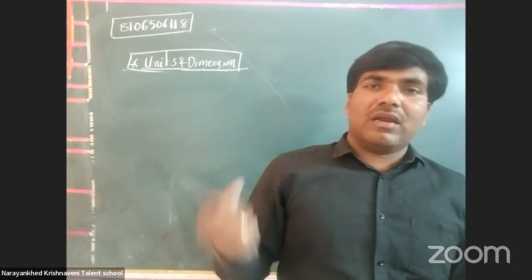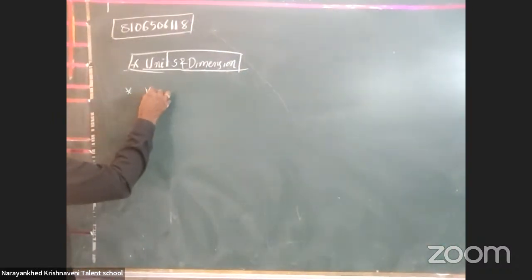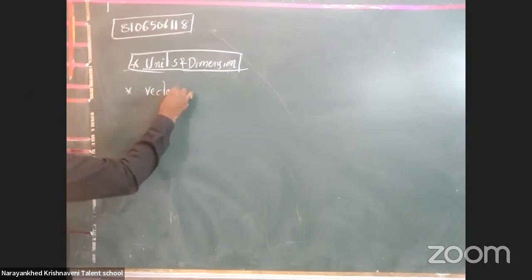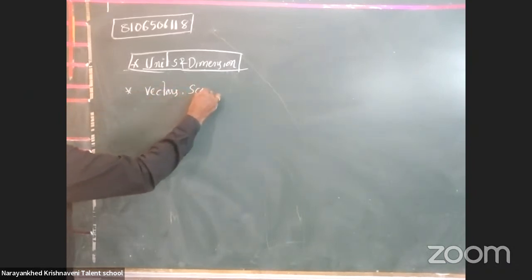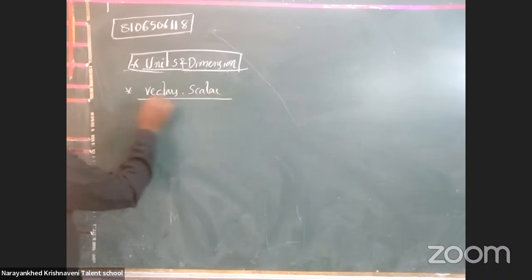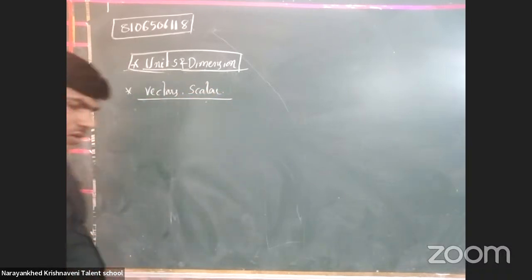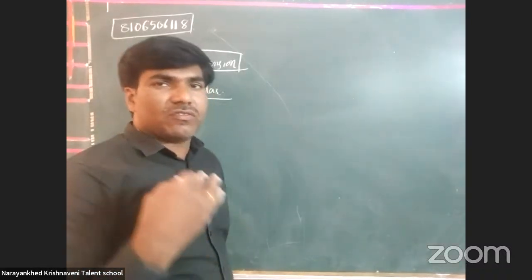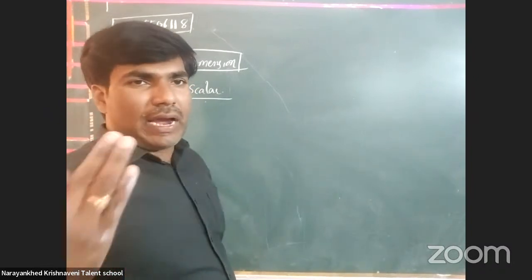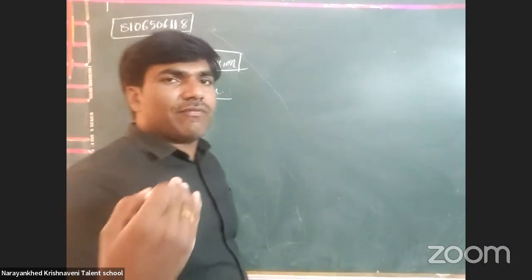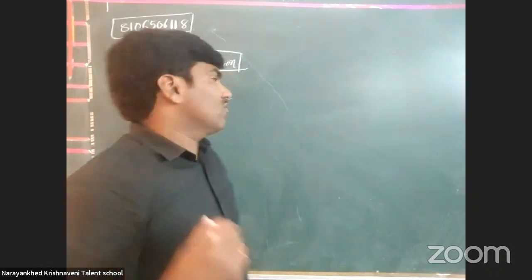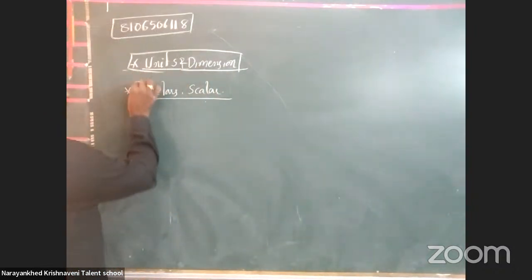Got it or not? And the next component is vectors and scalars. That much depth cannot be covered here for you. Which one is called a vector and which one is called a scalar, and how to add vectors, that much is only there at the 6th class level. Next, what are vectors and what are scalars?